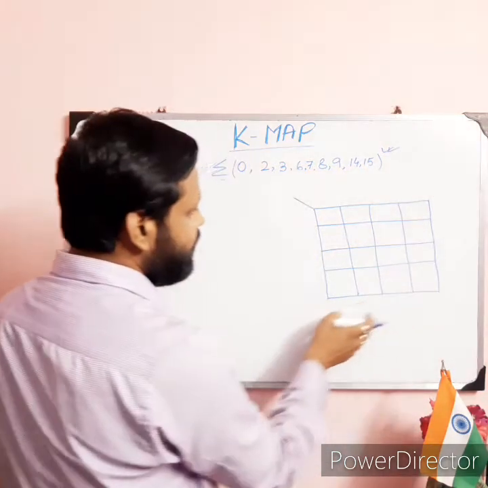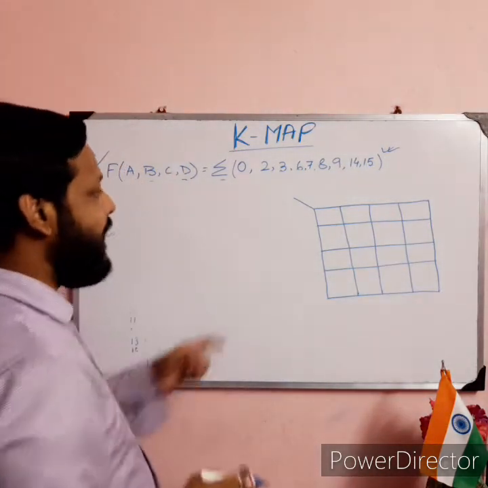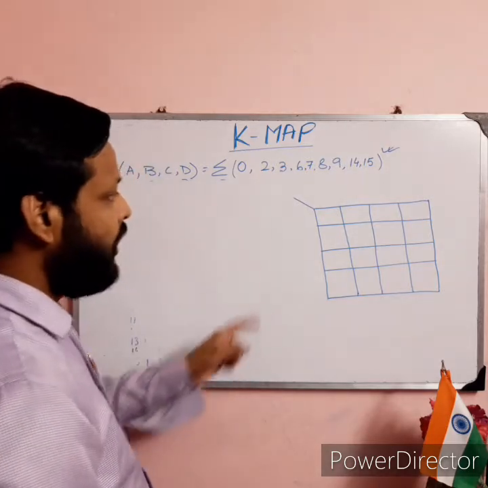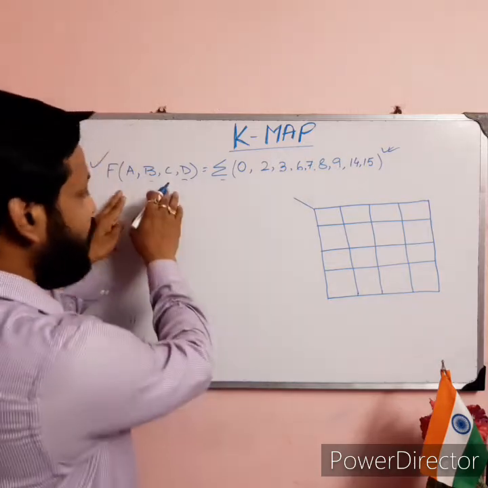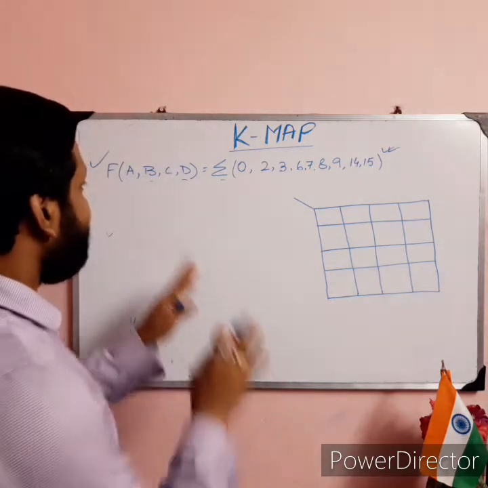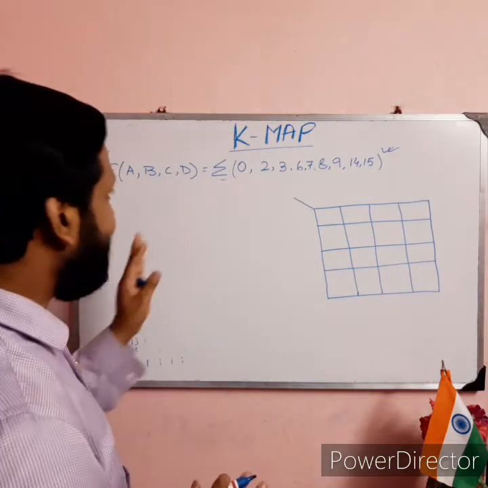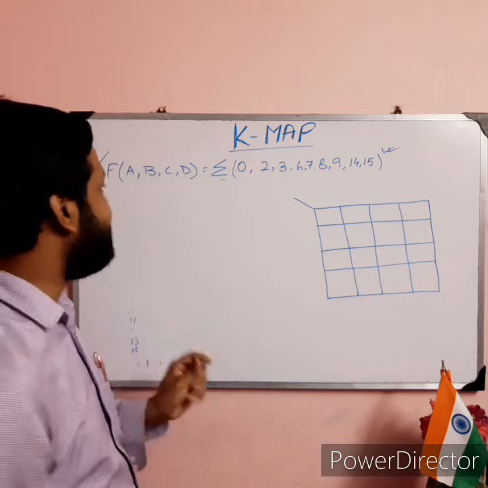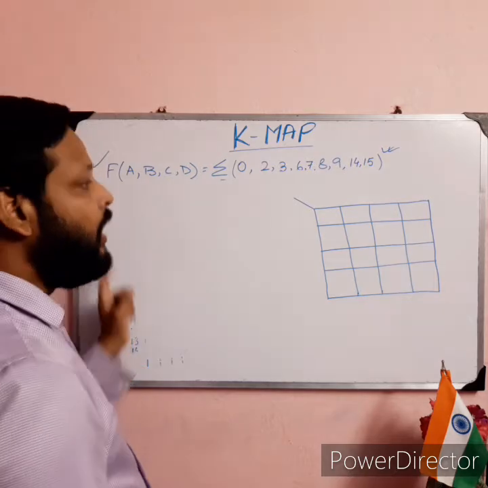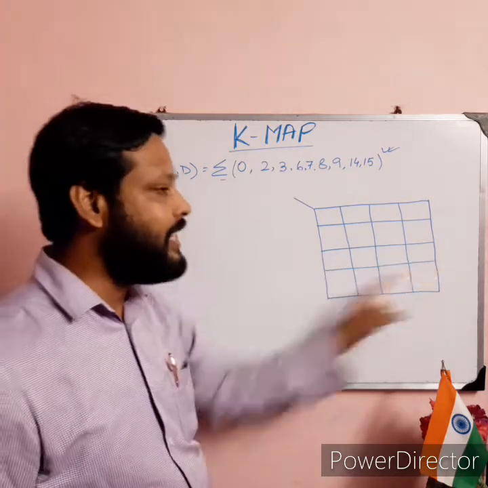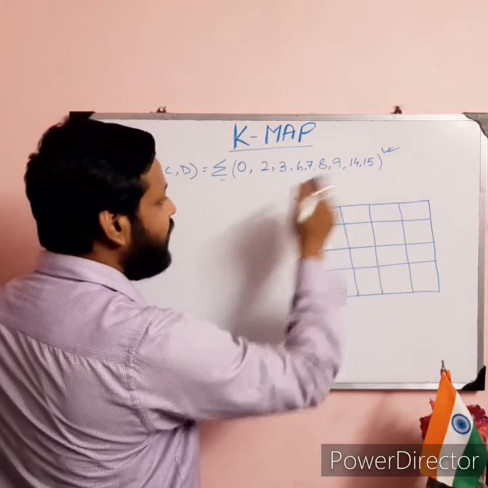If you see these boxes, 16 small boxes are there, which have 4 rows and 4 columns. We need to give the identification of each room. Why 16 rooms? Because of 4 variables. As per the ISC syllabus, we have only 4-variable K-maps. 3 variables also, but more than this is not under the ISC syllabus. So A, B, C, D, 4 variables means 16 combinations. For these 16 combinations, we have these 16 boxes. Now we have to give the identification of these boxes as well.